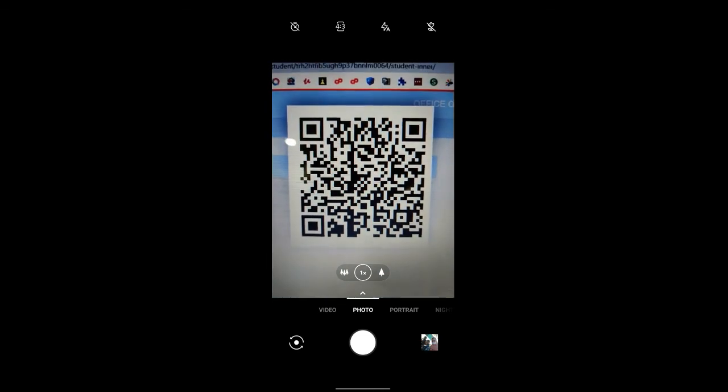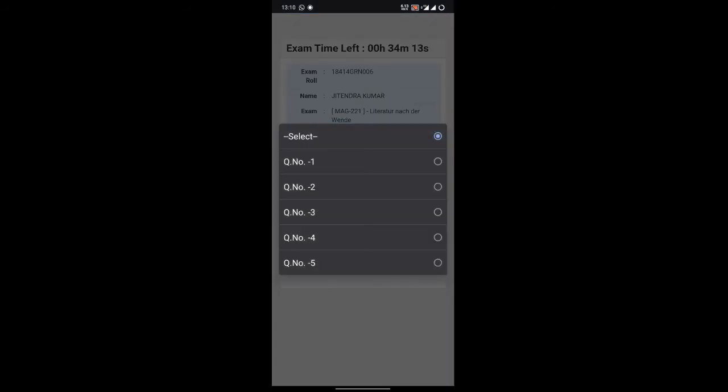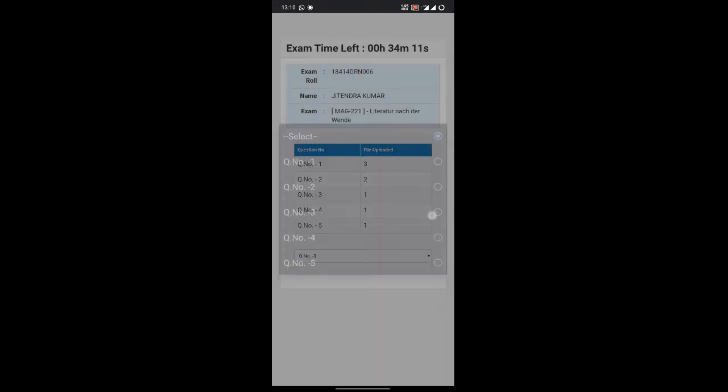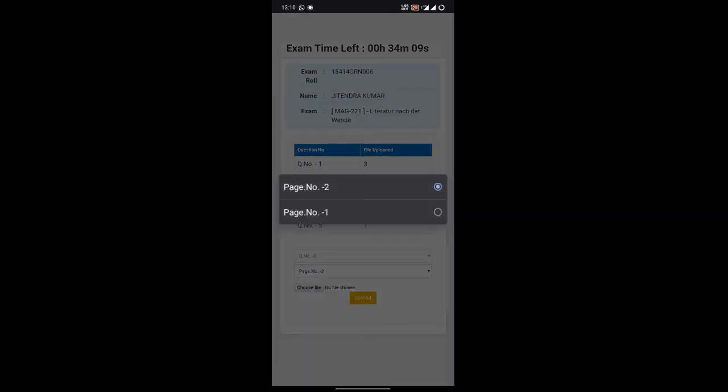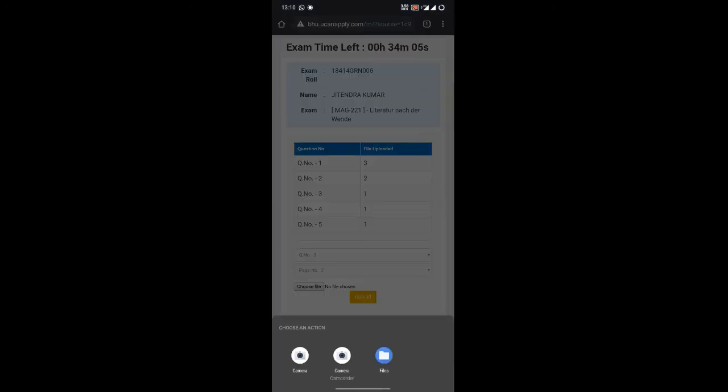It will not ask to log in, it will just open a URL. Here you'll see your name and you'll be able to upload answers.